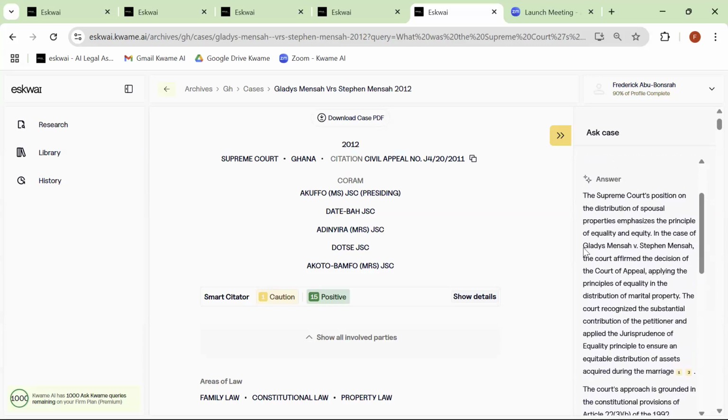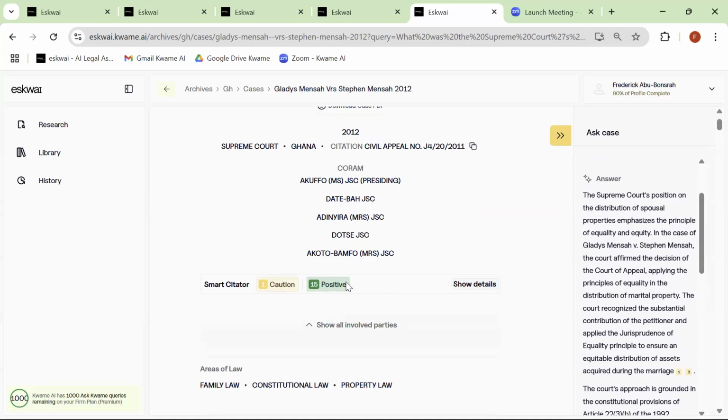So it really helps. Another thing I really like about Esquire is that in the library section, like Victor mentioned, the smart citator is very, very good. So here, when you look at Mensa and Mensa, the smart citator is saying that there are green or positive treatments for this case. Basically, there have been 15 other cases where the court has positively cited Mensa and applied it. But it's also saying that there's a caution here where the court distinguished